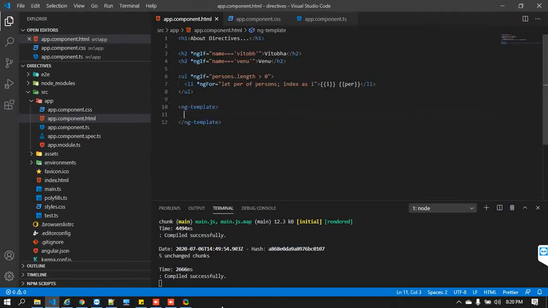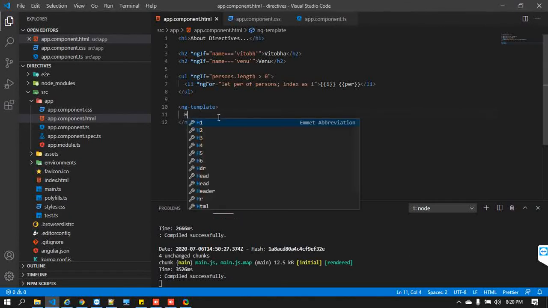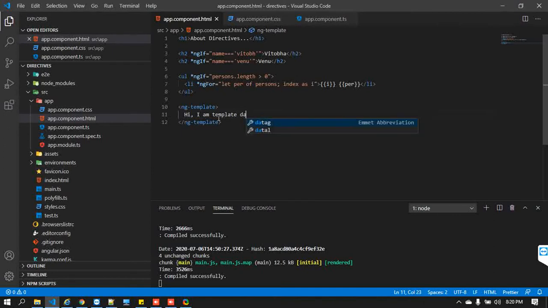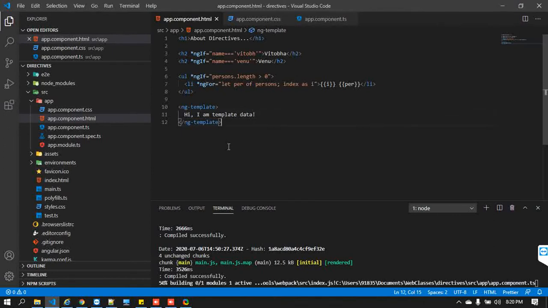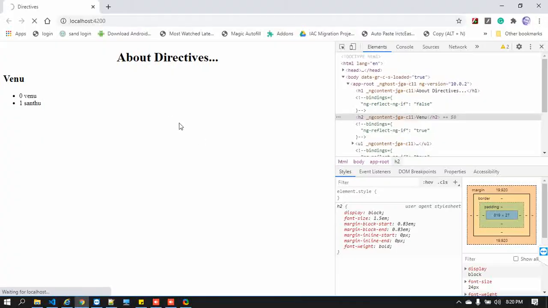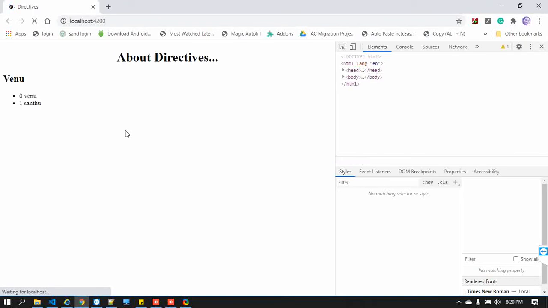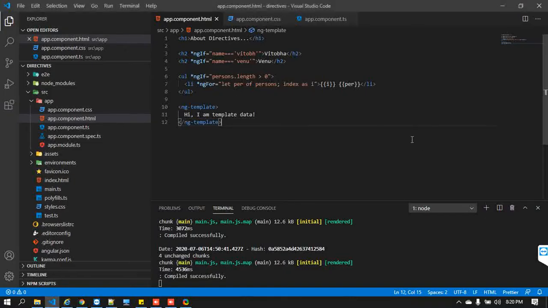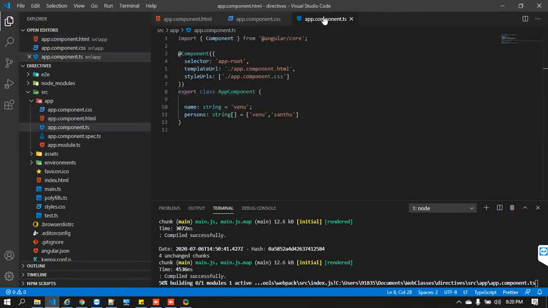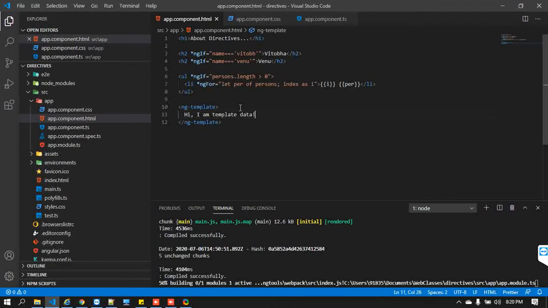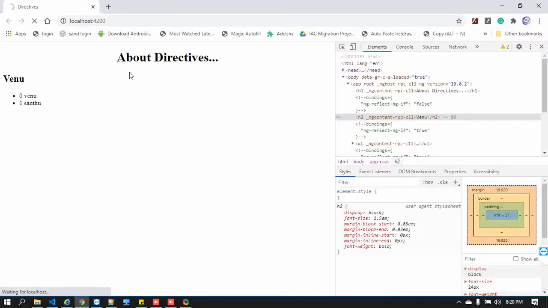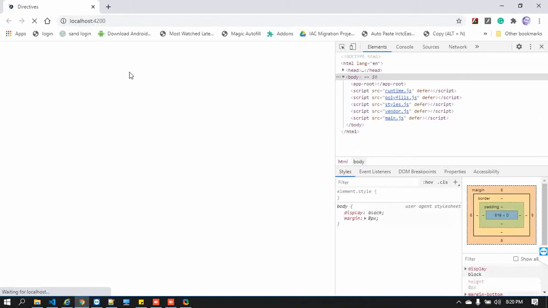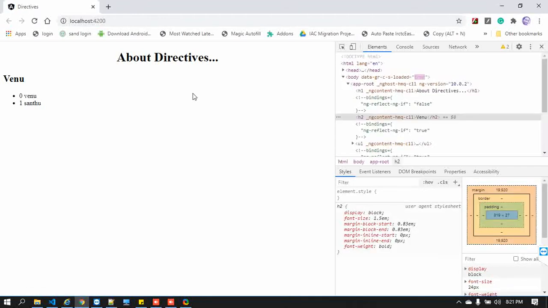For example, let me put one element, let's say: hi, I am template data. Now let's save it and see what happens.